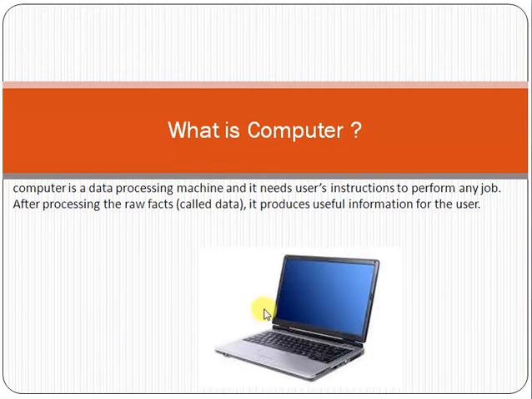For example, this is a laptop, this is a computer. It takes input, like you type www.yahoo.com on the computer. This is your input. The computer takes input from you, processes it, fetches the data and the website of yahoo.com, and displays it on the screen of the laptop. So what is a computer? A computer is basically a machine which takes input from the user and after processing it gives you an output or result. That is the definition of a computer.